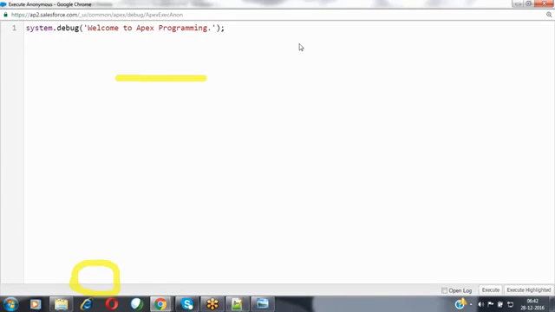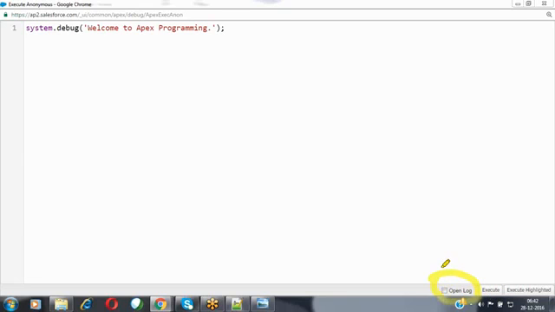No. In order to open that log file automatically, we have an option. When you come down inside this execute anonymous window, beside the execute button, you will have a checkbox called open log.